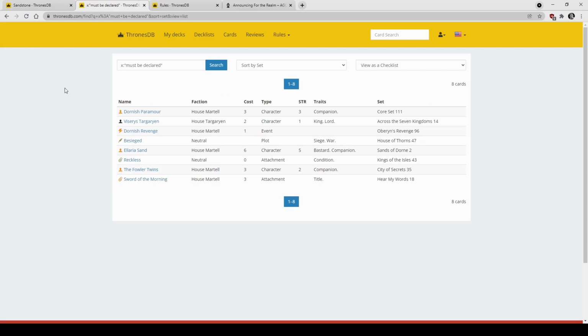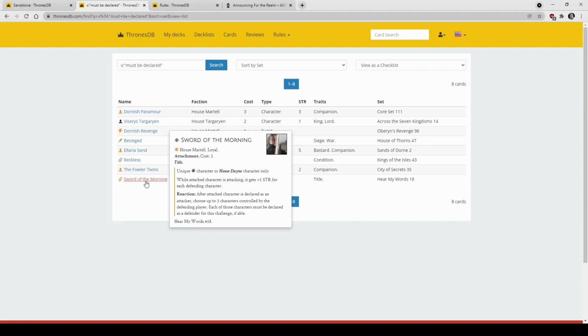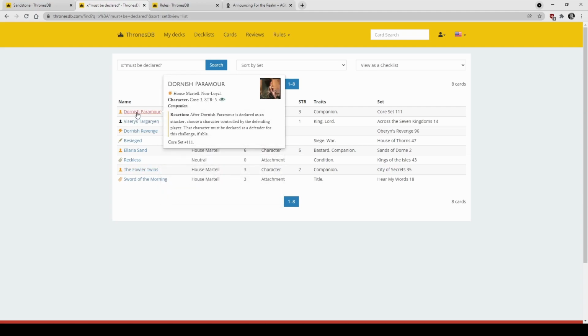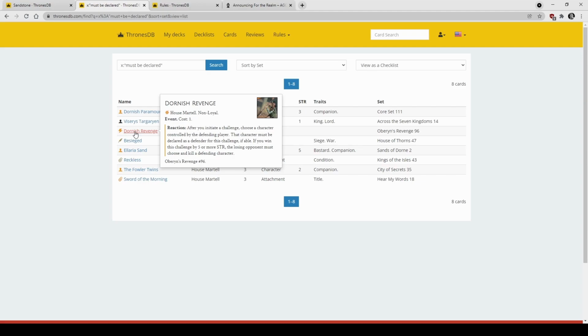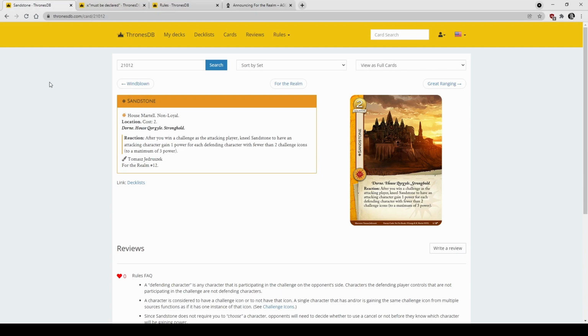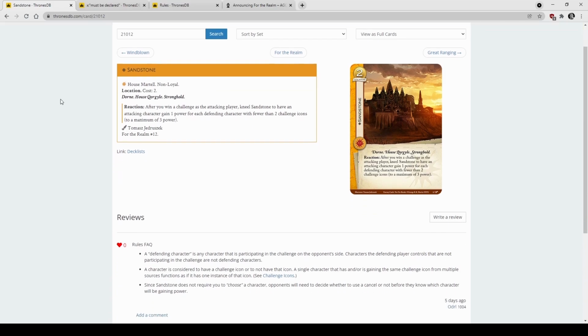Yeah, so just a list of the characters that can force defenders to participate here. So Ilaria can do up to 3, and Sword of the Morning can do up to 3. That's the one that we've seen played a lot recently. It's a card from Hear My Words that is actually quite efficient. Pulls 3 characters into a challenge and gives you strength, gives you the chance to beat them as well, not just basically pull them into a challenge that you plan to lose. And then the Fowler Twins, also very playable. Okay, Dornish Paramore from the core set. I haven't seen that in the game, but maybe with this, who knows. And Dornish Revenge. Okay, this one I haven't seen either, but that also forces a character to participate. Yeah, it could work, but the other 3 methods are just much more efficient, being Ilaria, Sword of the Morning,